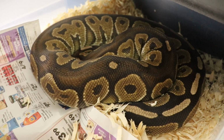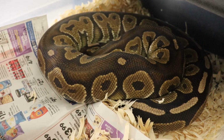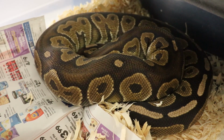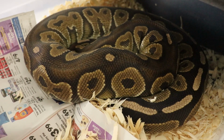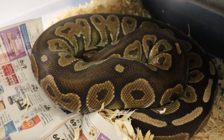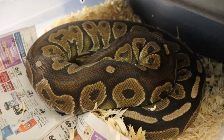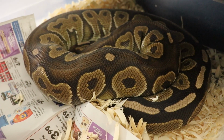Now, after you see an ovulation, your female is going to go through, in about 2 weeks, 2.5 weeks, basically, I always say 10 to 20 days, a pre-lay shed. Now, pre-lay shed is basically the point at which the female is preparing to drop a huge load, hopefully a bunch of really healthy eggs, and then after she goes through the pre-lay shed, about 30 days afterwards, you're going to come in,